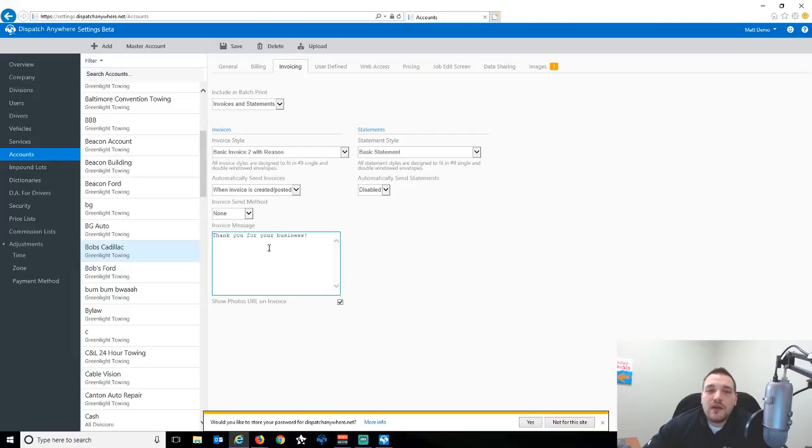Right. Invoice message is just going to be a generic message that would appear on every single invoice. So you have the option here. And you also have a new option down here, show photo URL on invoice. So what that's going to do is, if you've taken pictures on a call and they're marked as public, there's going to be a link for the customer that they can click on now and see all those pictures. All right. Signatures, anything else that you may have on that call, you have the option to include that now